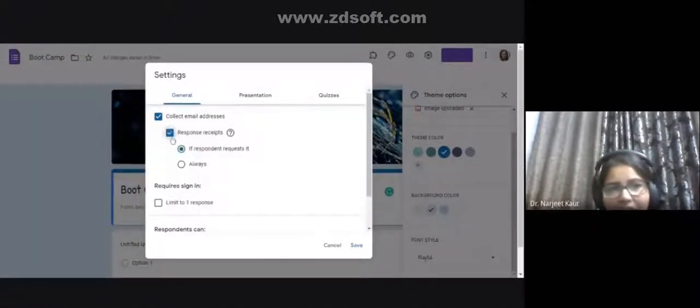Next we have response receipts. You see the question mark box here, it says respondents will receive a copy of what they have answered on this form. Now this is kind of nice if you're having students or people sign up for special workshops or special seminars in the school, and you want them to remember what they signed up for.